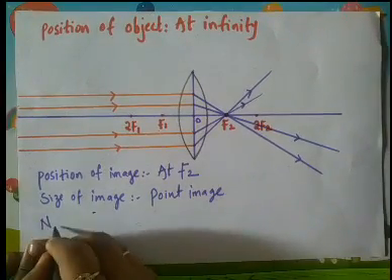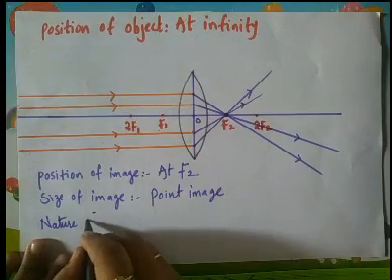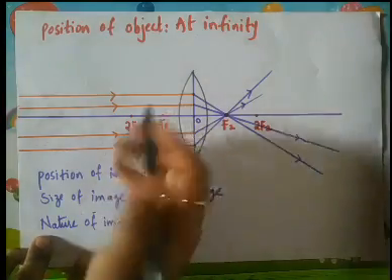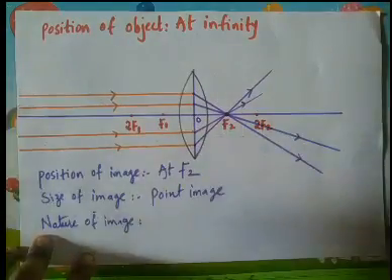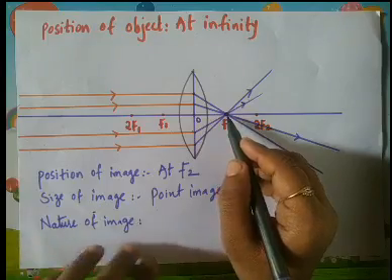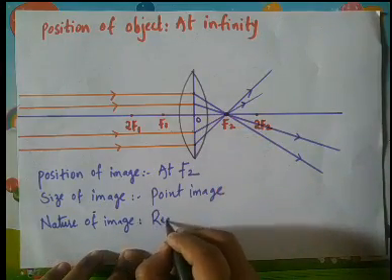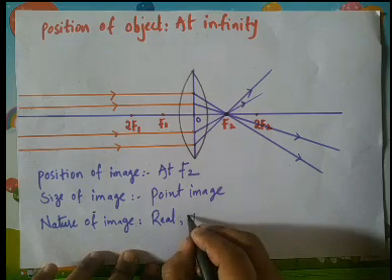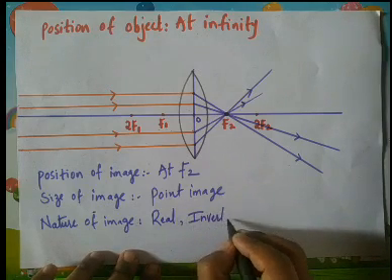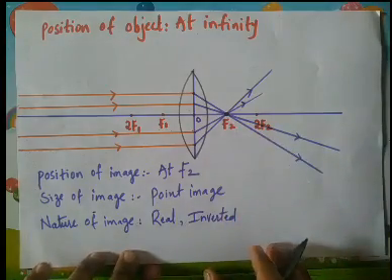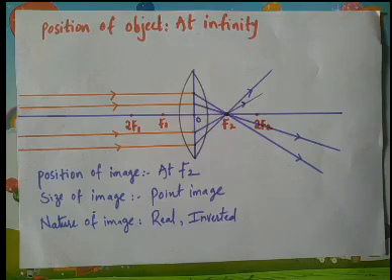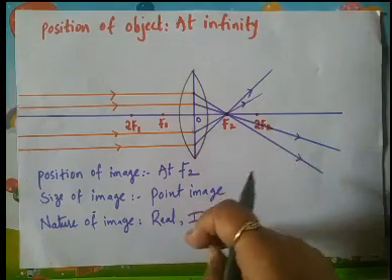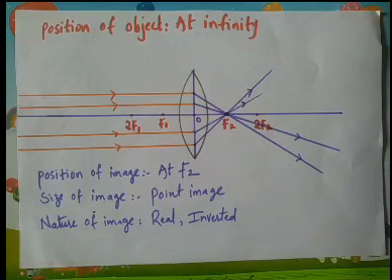And when we are talking about the nature of the image, see, the object is kept at an infinite distance on the left hand side of the lens and the image is forming on the right hand side of the lens. So it is a real image, and always remember with real there would be inverted. So a real and inverted image will form. Or if you don't write inverted, because it is a point image, a point cannot be erect or inverted, that's okay. But with real, there should always be an inverted image.